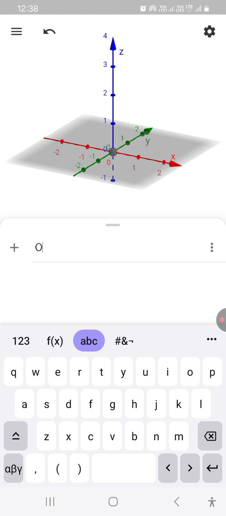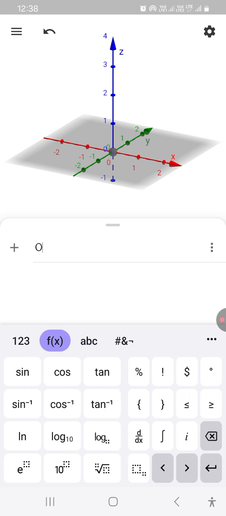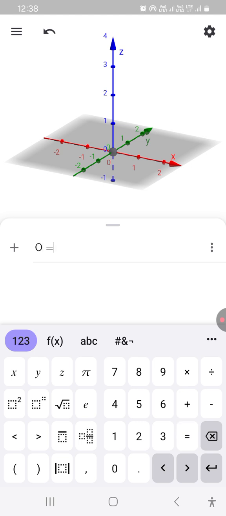O is equal to (0, 0, 0), so it will be in three dimensions. Then we will press enter. So you can see that here the origin O is already identified. Next we will